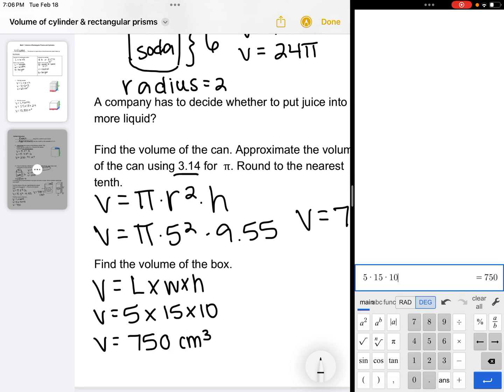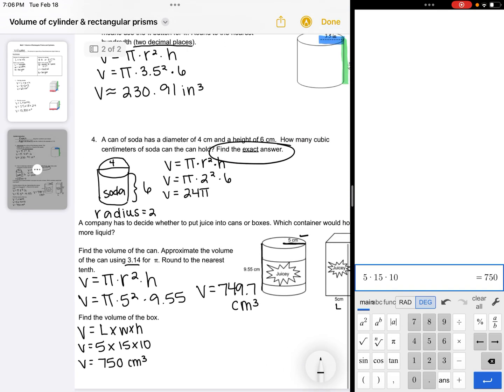So I still need to answer the final question of which container would hold more liquid. It would be the rectangular juice box. Not by much, but it would still hold more juice than the cylinder juice can. So I'm going to circle box, or I would write box holds more. And that is the end of our